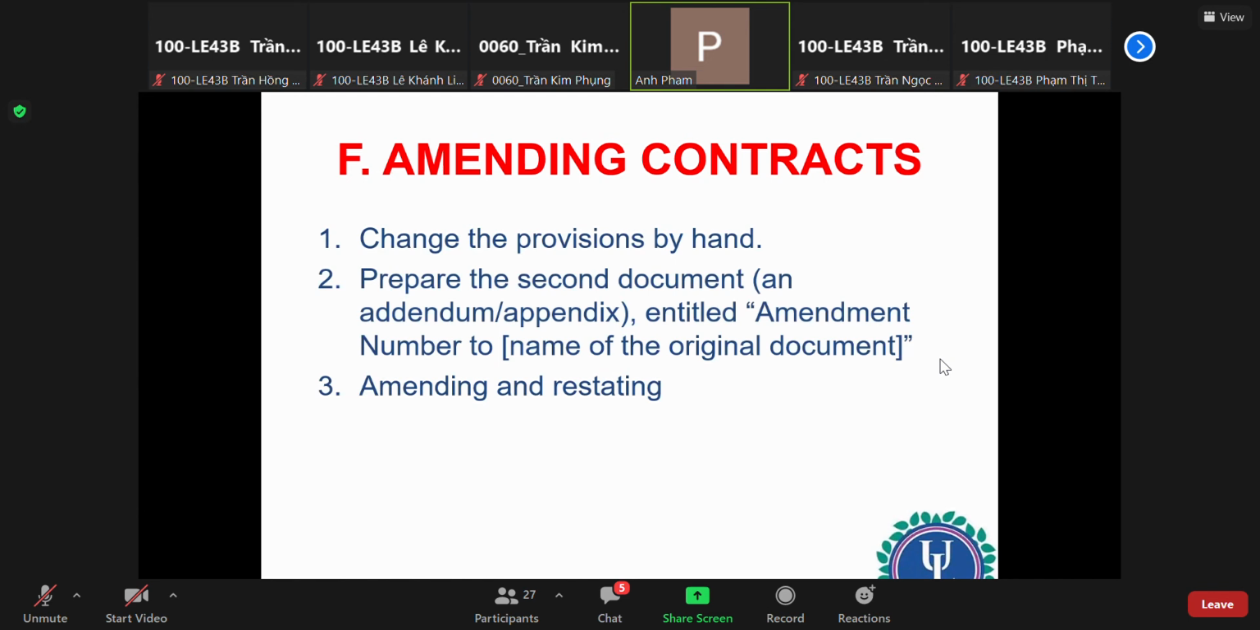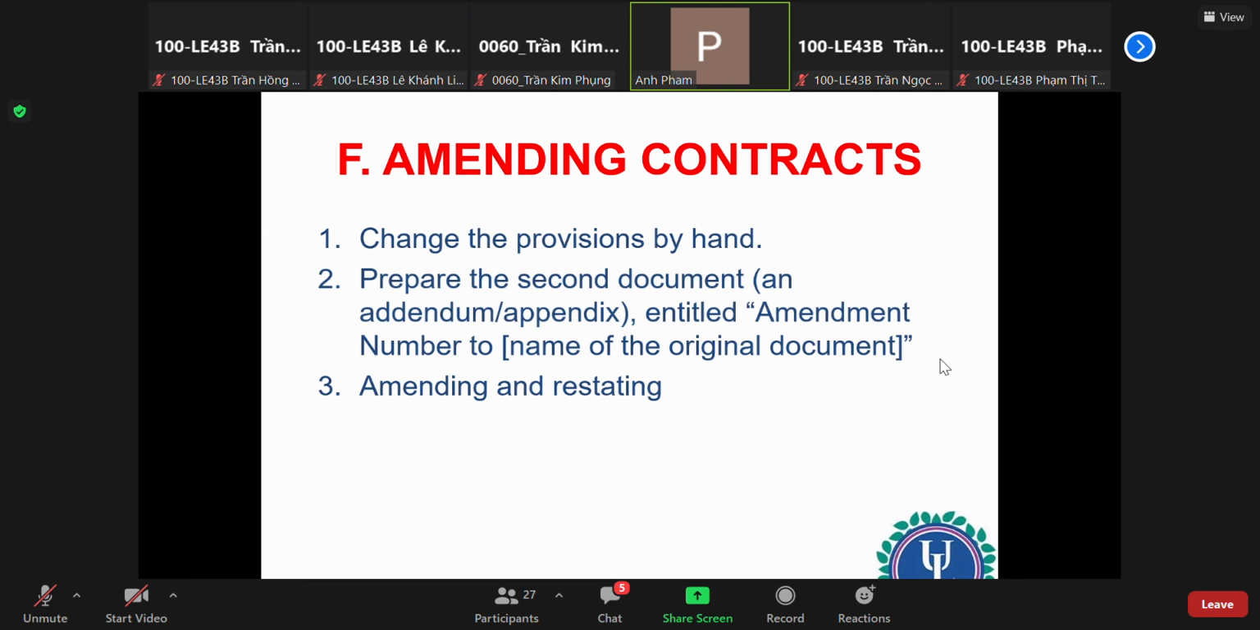And you can prepare a second document. The second document can be in the form of an addendum or of an appendix. And you can say, like, addendum number 1 to the contract, or addendum number 2, or appendix number 2 to the contract for sales of this number. So you prepare a separate second document. Or